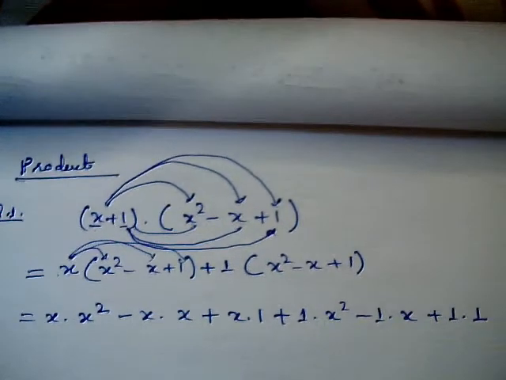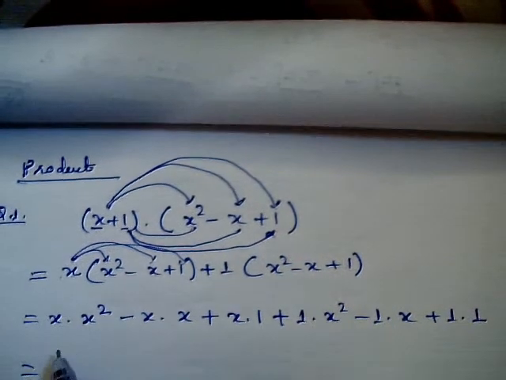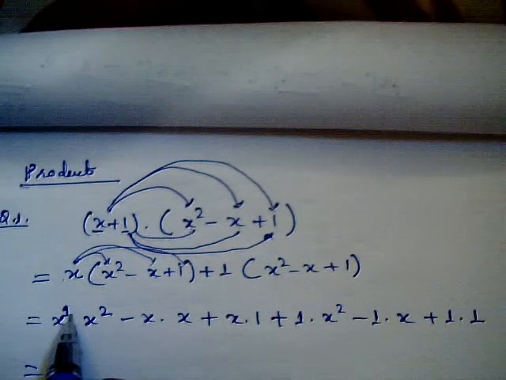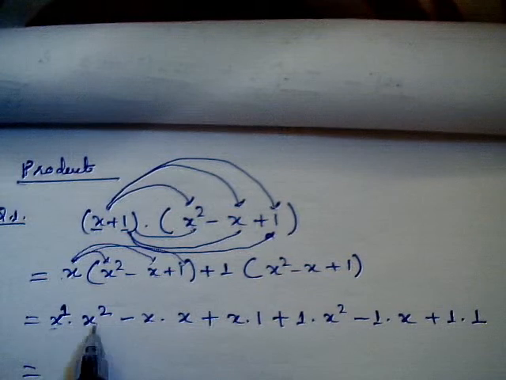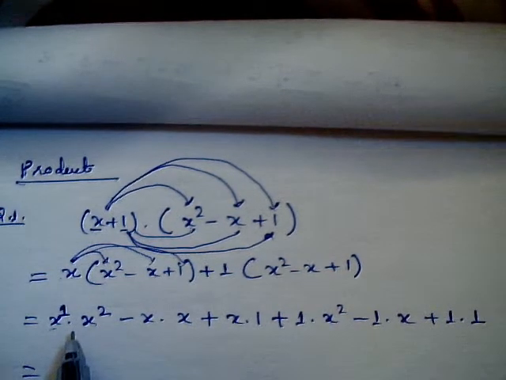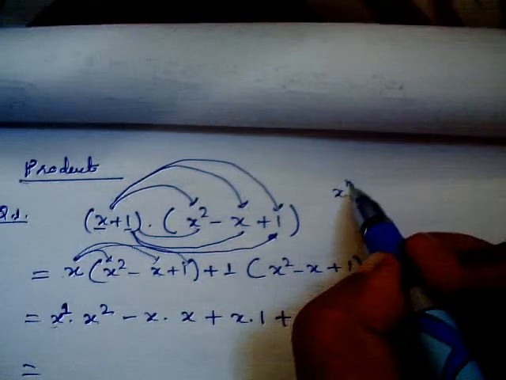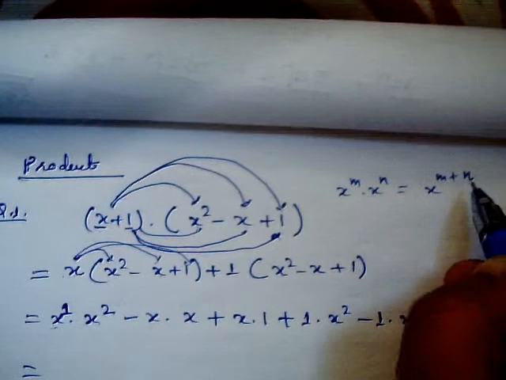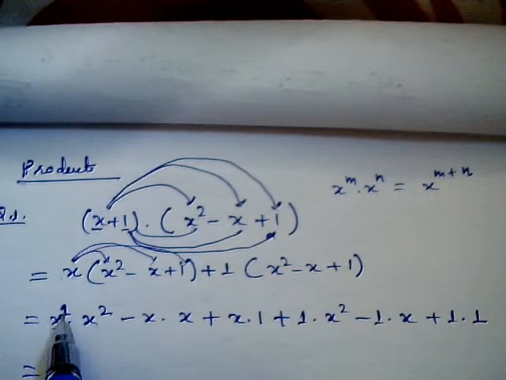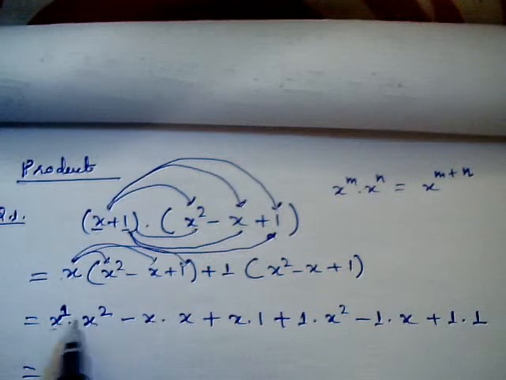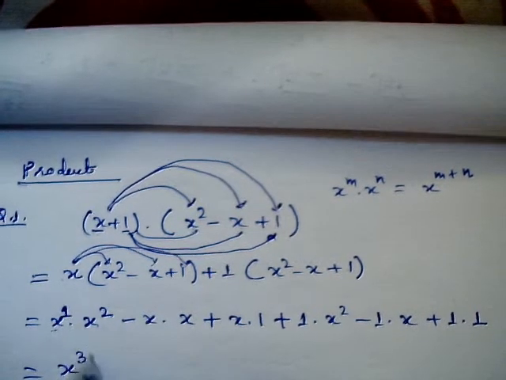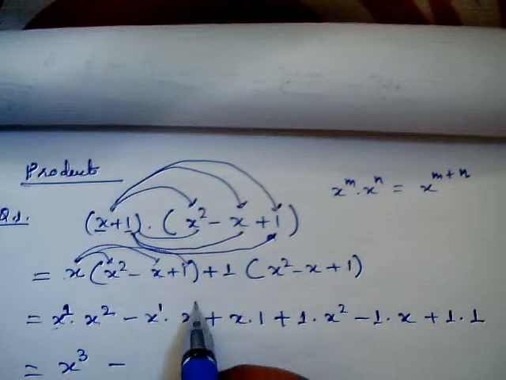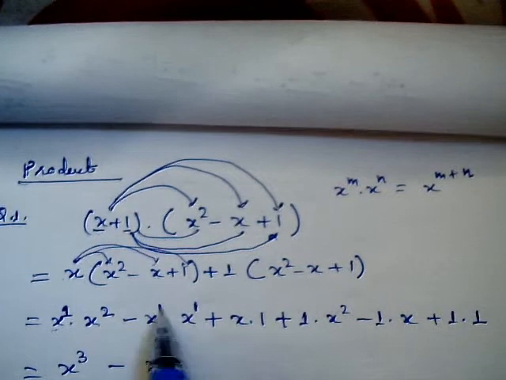Okay, now here this is the multiplication sign, and this x does not contain any power, it means the power is 1. So how do we multiply the variable? Variables are always multiplied with the exponent property, x to the power m times x to the power n. In multiplication, what happens? The exponent powers get added. In a similar way over here also, x to the power 1 and x to the power 2, so the powers get added, that is going to become x to the power 2 plus 1, 3. Okay, over here x times x means power 1 plus 1, so x to the power 2. Now 1 multiplied by x is going to be x.